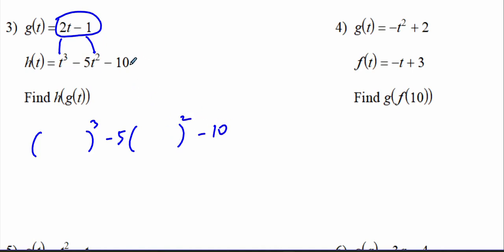There's no more input here. There's no letter t. So what's the input? It's this. This is my input. And when I plug in 2t minus 1, I'm probably going to leave it this way, although you could FOIL this out, or you could use a formula. There are formulas to go with this. It's just binomial expansion. But because it's not a square,